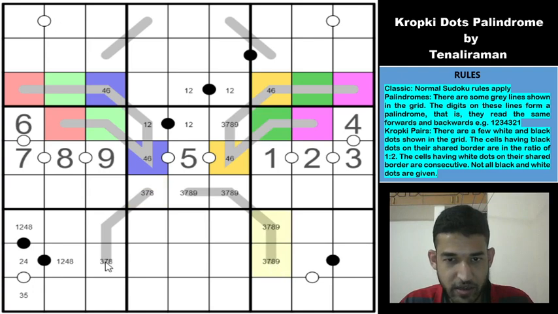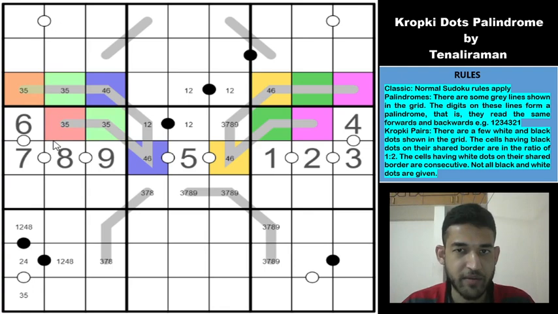Can we do anything here? Okay, nothing much here. Let us come over to row 3, because this area seems to be very restricted. Row 3, row 4 and row 5. So 1, 2, 4 and 6. Look at these two cells. They can only be 3, 5, 7, 8 and 9. But we know that the red and the green must also be equal to these two cells. And 7, 8 and 9 are all eliminated from these two cells, which means that this will be a 3, 5 pair.